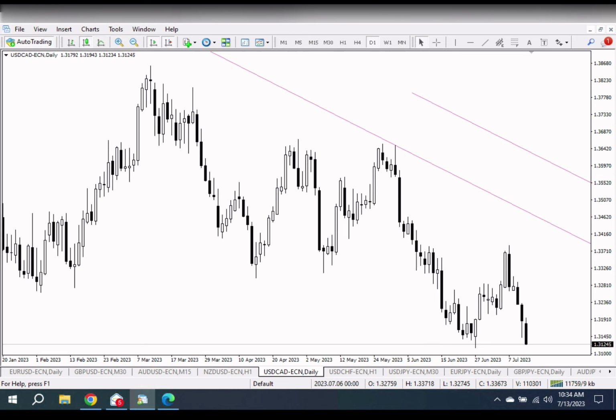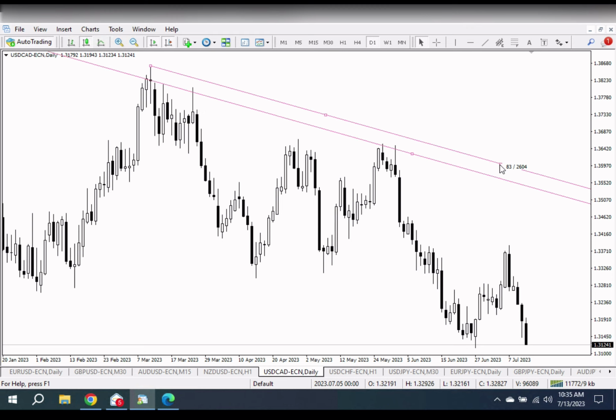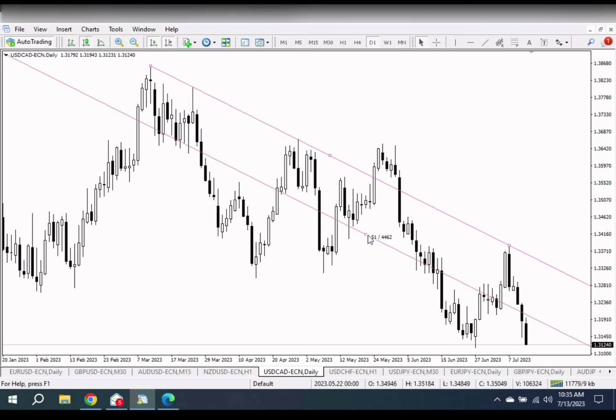So if you want to adjust the channel, here is how we adjust the channel. You double click on this line, then you will have 1, 2, 3 dots. You have to connect this dot here, this dot, to this level, and then you can drag this line. So this line will be parallel to the previous line, so the channel will be drawn with two exactly